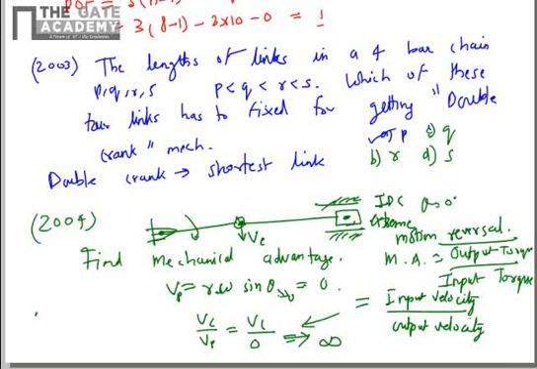There are 4 choices given: 0, 1, 0.5, and infinity. So you have to choose the correct option. It is D, infinity. A similar question is, for a 4-bar linkage, what is the mechanical advantage in toggle position? The toggle position is such that when the motion reversal takes place, the output velocity is 0. So for that question also the answer is the same: the mechanical advantage is infinity.